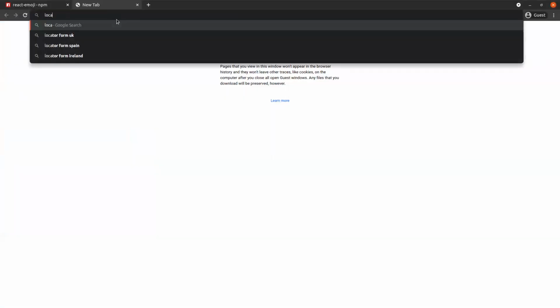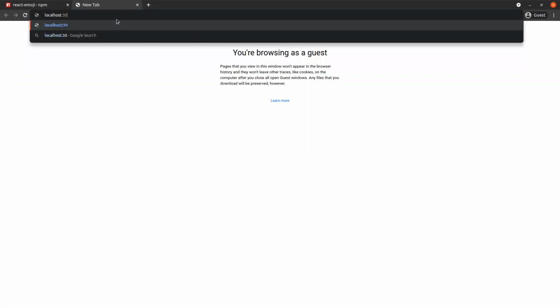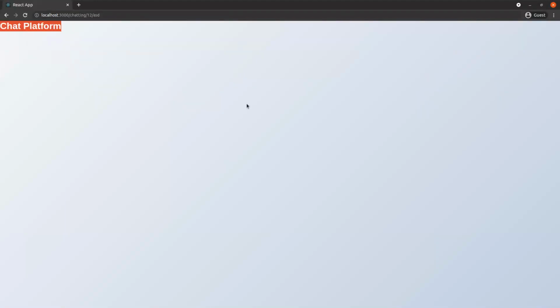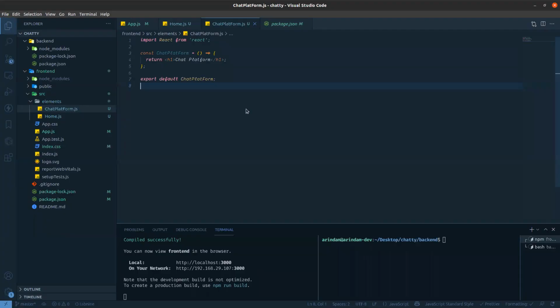So localhost 3000 will run. So you can see this is the home component. It is showing perfectly fine, and then chatting, then something, and you can see chat platform. So everything is working fine now.